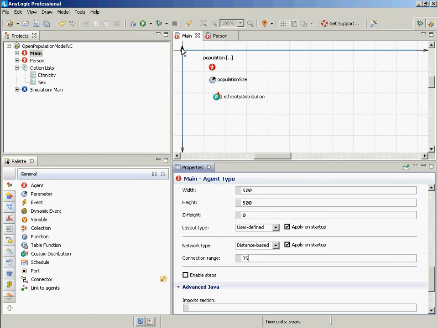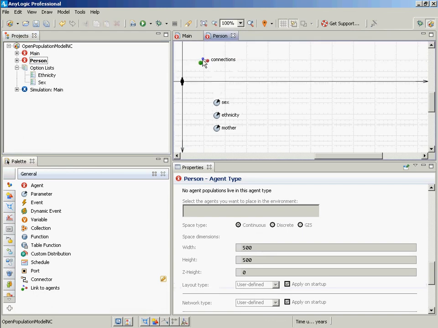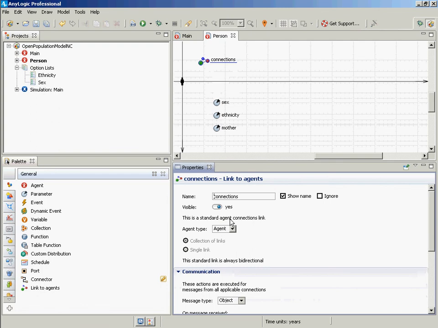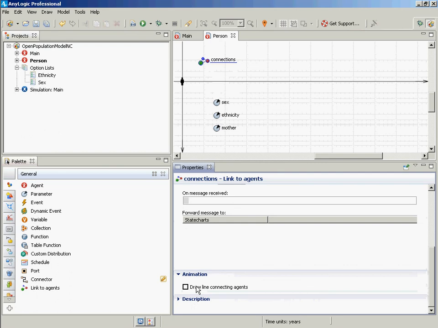So, ladies and gentlemen, when we add a network, we can impose it on Main by going down to the area that says network properties, and people are logically connected there. But to get them to show that they're connected, we go to these connections in Person, and we need to scroll down and say draw a line connecting agents. They're logically connected without that. It just won't show it. It won't depict it. And I think some of the questions that came up yesterday about why isn't this network showing may have been because